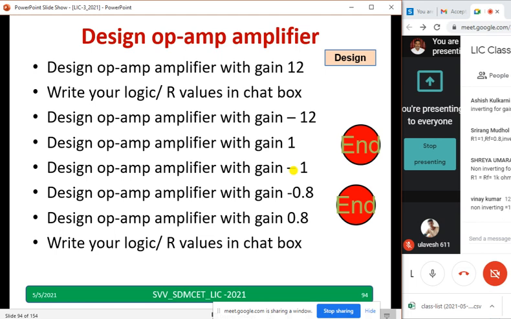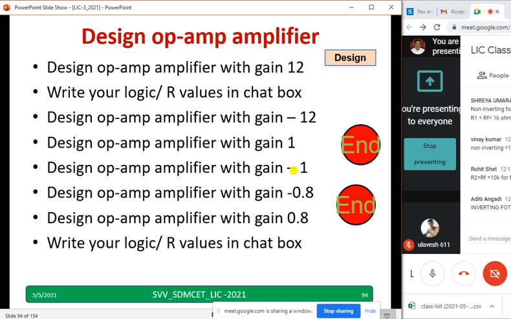Shreya has typed again. And non-inverting amplifier she will use for gain equal to 1. Non-inverting, if you use gain equal to 1, what will happen? If you take 1K, Shreya, it will become 1 plus RF by R1, it will become 2, Shreya. It will not become 1. And Rohit said R1 to 10K for non-inverting, gain equal to -1. Non-inverting, the gain is 1 plus RF by R1, and it becomes 1 plus 10K by 10K, it will become 2.